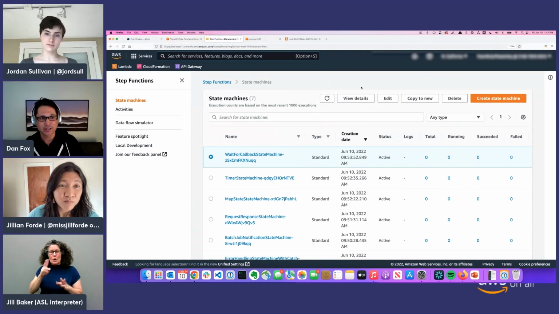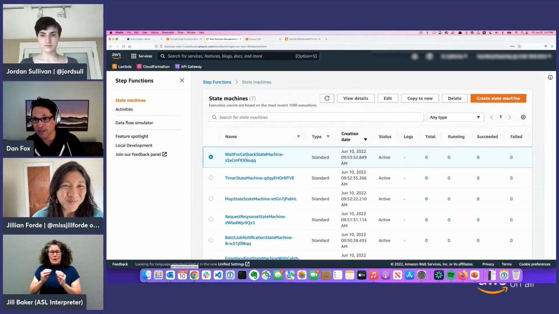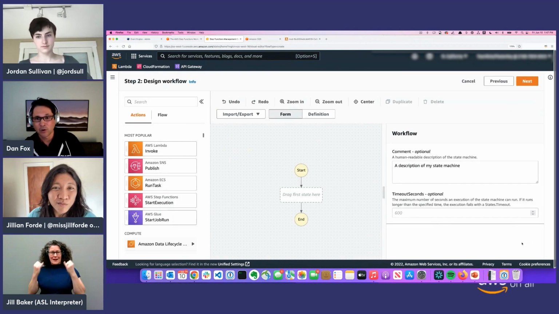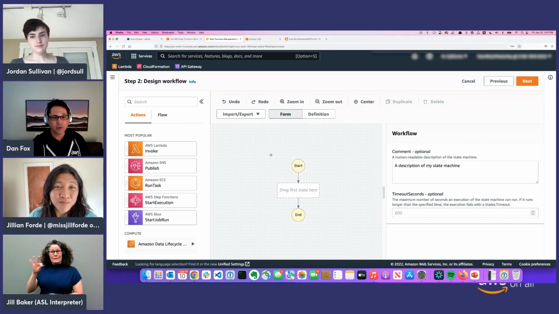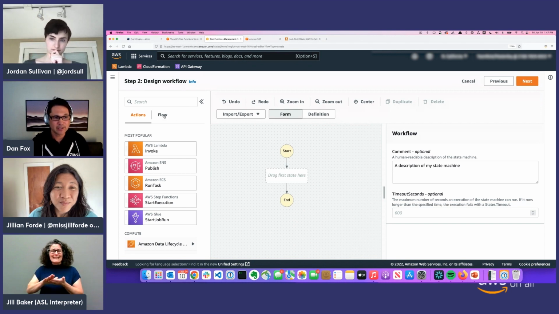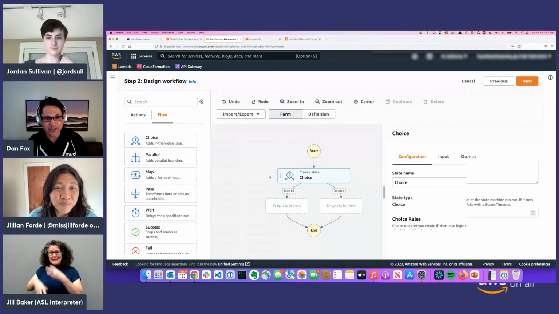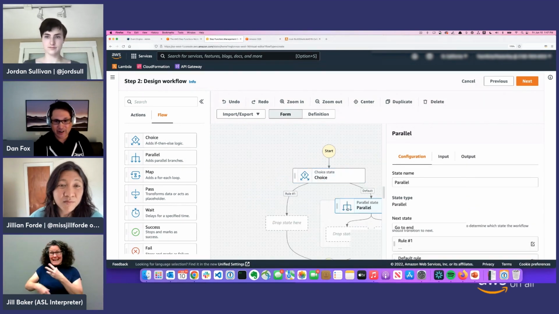Here's the Step Functions console. And before I actually go anywhere, I want to show you Workflow Studio, just so you can get an idea. This is Workflow Studio. You can see it's a really nice drag and drop set of controls here. If I wanted to add a choice state, I could do that. And then if I wanted to add a parallel state here, I could do that.